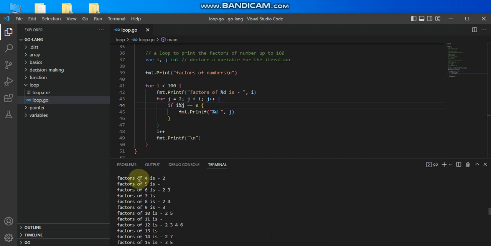Factor of 4, that is a number that can divide 4, excluding 1, without any remainder. I only have 2 and 4 itself, because what I used here is less than. If I should use less than or equal to, then it should probably print the other 4. So factors of 5, no number can divide 5 without remainder. Factors of 6, 2 and 3 can divide 6 without remainder. Factors of 7, no number can divide 7 without remainder, which means 7 is a prime number, 5 is a prime number, 11 is a prime number, and 13 is a